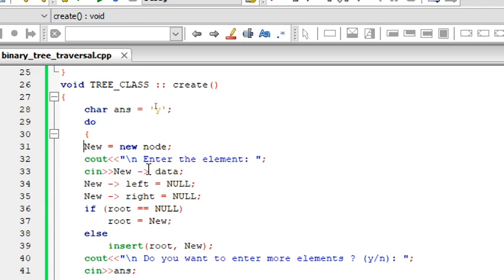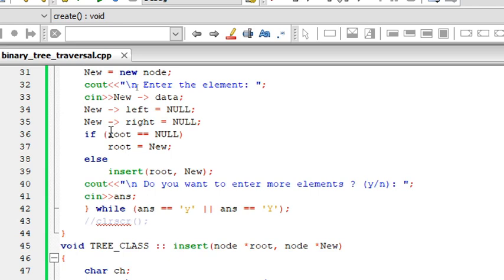And then all the extra formalities. I'm getting the data and data will be filled. Since this is the only node, the left and the right are going to be kept as null. So you can see the node over here: one data, and the left and right are kept as null. If root equal to null, in our case we haven't created anything as root, but we have assigned a name for the structure. If we haven't assigned anything as root, just assign new as the root node. Since this is the only node I'm creating, we know that the first node that we are creating is going to be the root node. That's what I'm assigning, root equal to new.